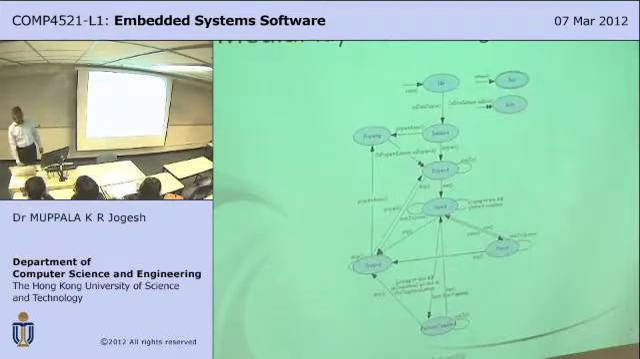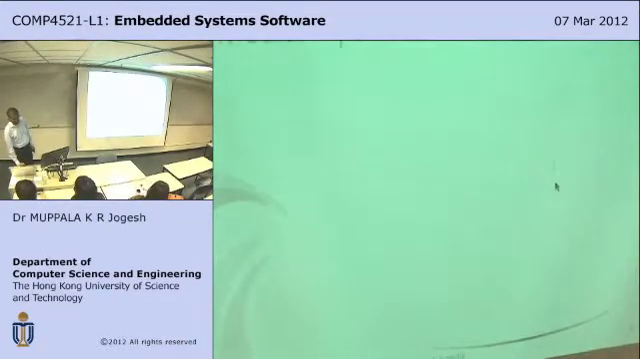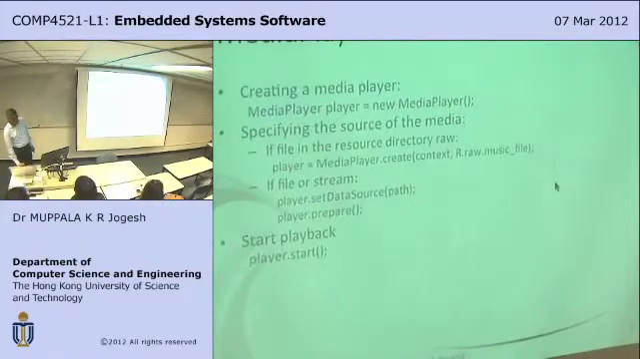Okay? Now, okay, we still have a couple of minutes. Now, this is the list of all the media player